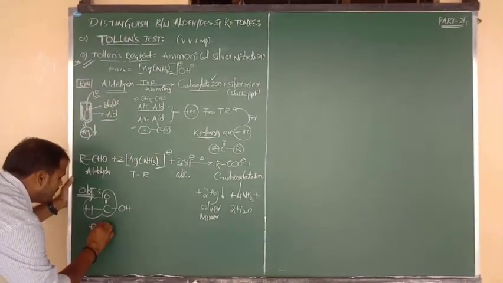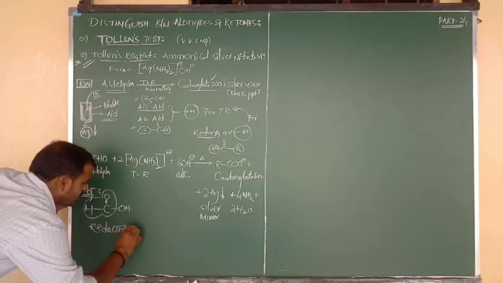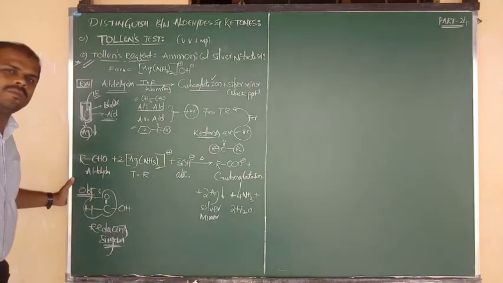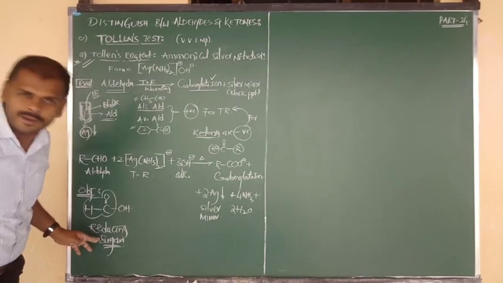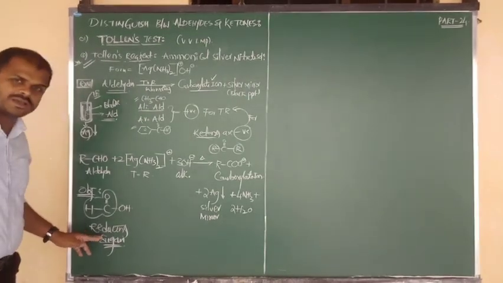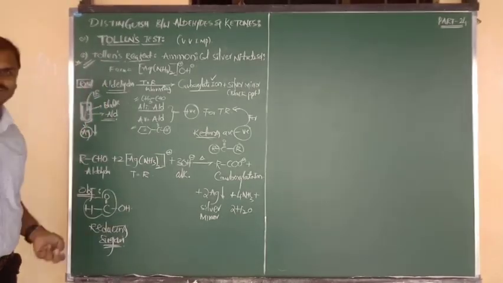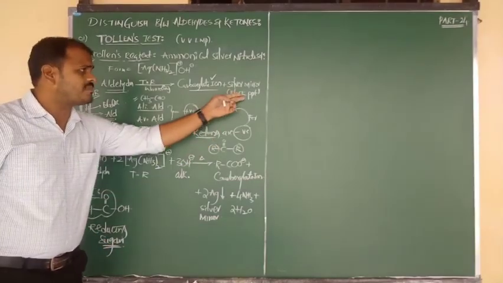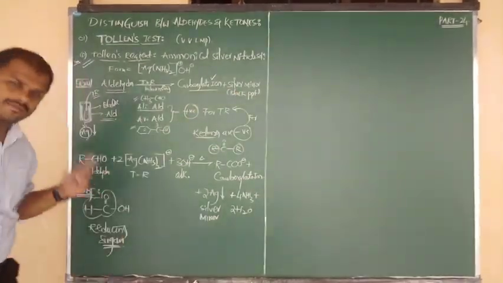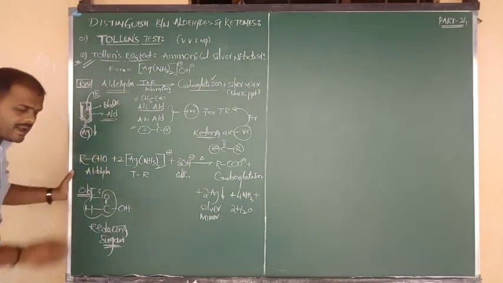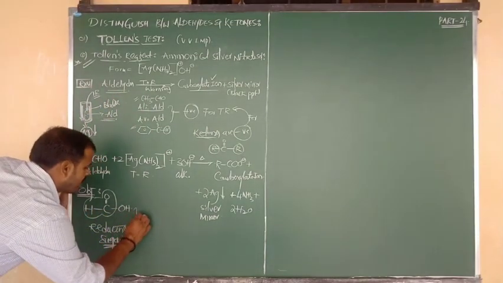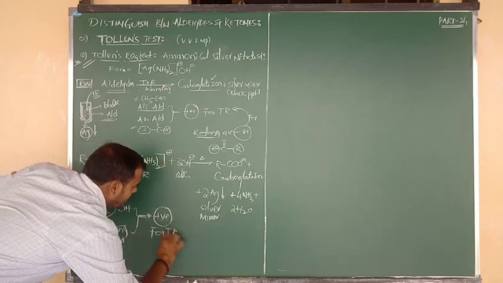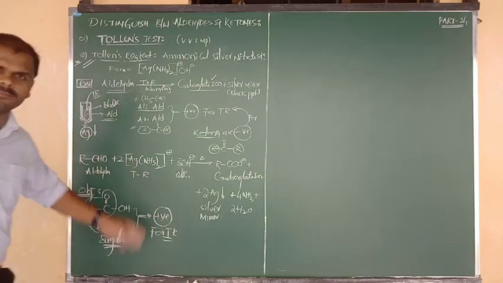And one more compound type is reducing sugars. About these sugars, you are going to study in the biomolecules chapter. There you will get the information on what is meant by reducing and non-reducing sugars. Glucose and fructose are reducing sugars, because they can be oxidized by the Tollens reagent. Reducing sugars like glucose and fructose, on reaction with Tollens reagent, again form the black precipitate or silver mirror. Everything is the same. That's why I am saying, along with aliphatic and aromatic aldehydes, one is formic acid and one more is reducing sugars. Both are positive for Tollens reagent. This is the important point you have to remember. Okay, fine.